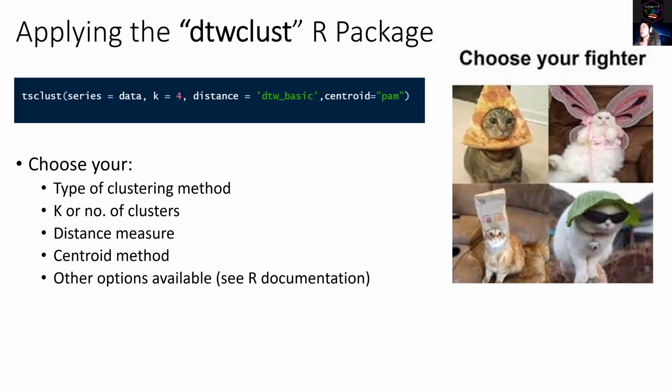Another method you can pick is the centroid. I chose the partitioning around medoids, PAM. This is basically clustering by centroids, and I'm not sure how to explain this one too much. You're forming a cluster using a medoid, and the medoid essentially is a representative object at the center of one